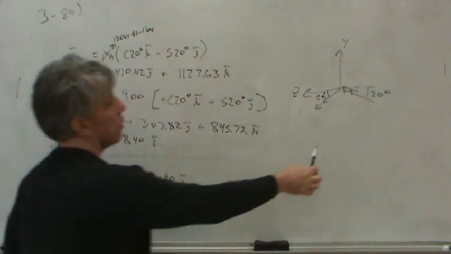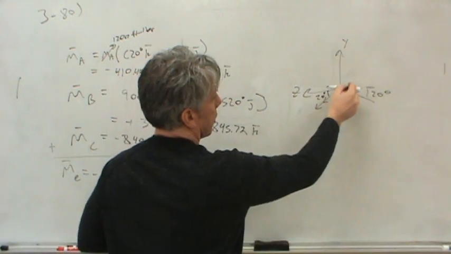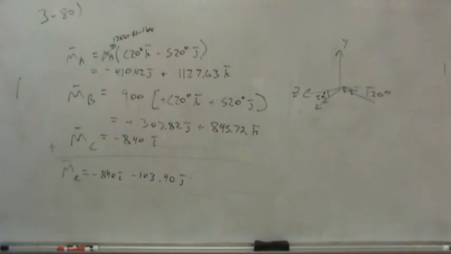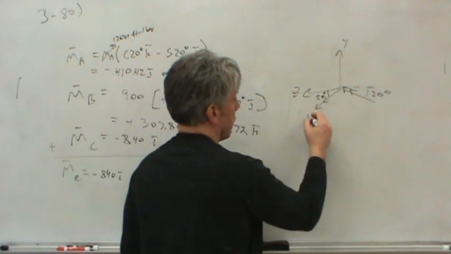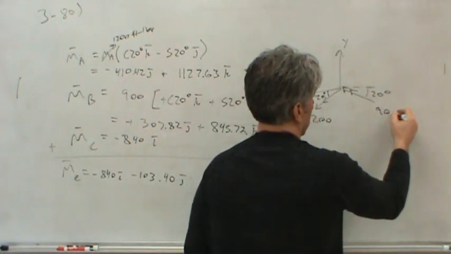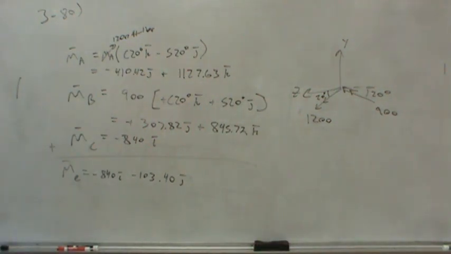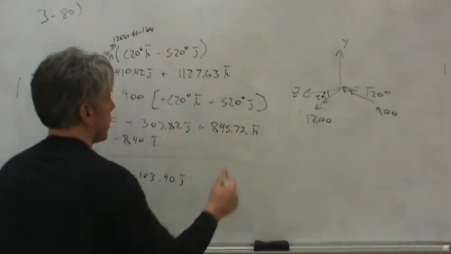Yes, because one has some positive Y components, the other one has some negative Y components. Sure enough, it turns out that the bigger torque, the one on this side, the 1,200 foot-pound torque, is going to cause a component of the resultant that is in the negative J direction. Okay, that makes sense now. Good question. All right, so if we add these two together, I'll just do that at the board,